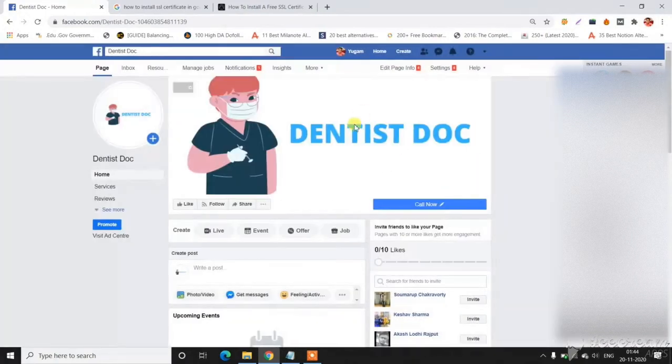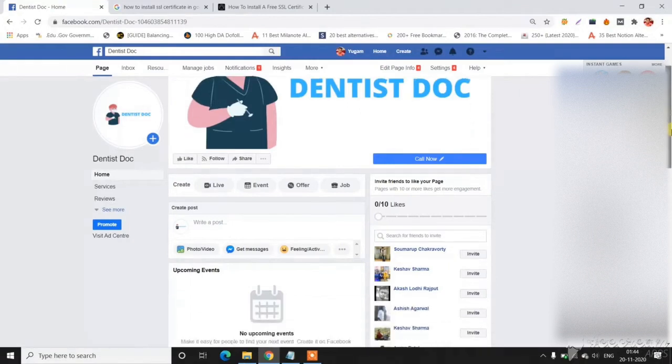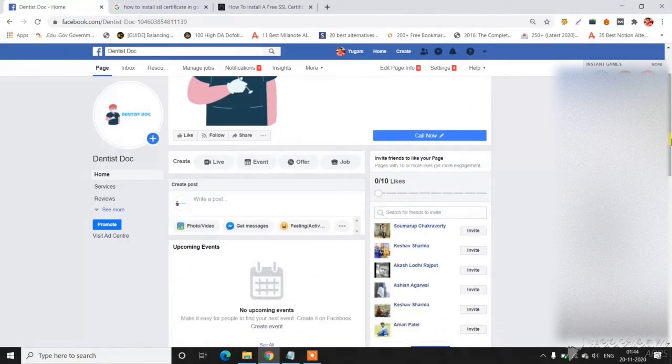You can choose any of the options that you have seen in that add a button. That is totally dependent upon you, what you want from your page, what you want from the users, or what you want from this button.